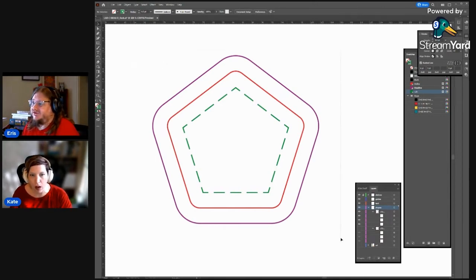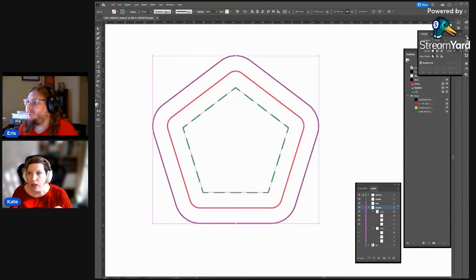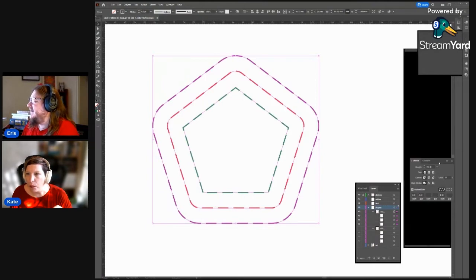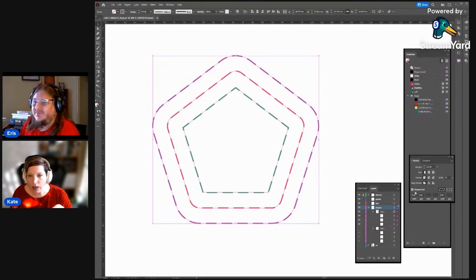And how you do the dash line was you went to your stroke panel and you changed it in there. Yep. So here's my stroke panel up here. Unfortunately, I think we've got a StreamYard logo over the top of the panel. Oh, good. But that's okay. Bring it down here like that. So people will figure it out.